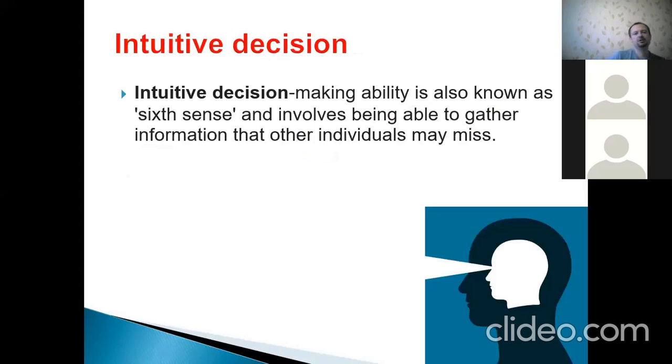If speaking about the intuitive decision, it is the situation when you are using your, like, sixth sense. It means that you feel that it is correct. You feel that it is correct. And if you make a choice among alternatives with the help of your sixth sense, in this very case, we can speak about an intuitive decision.